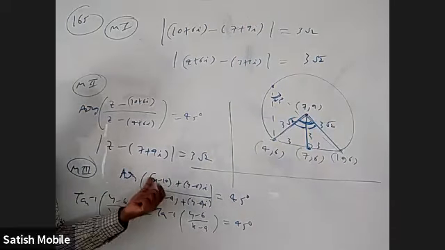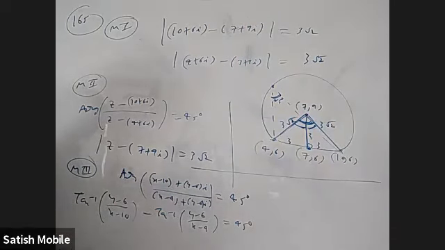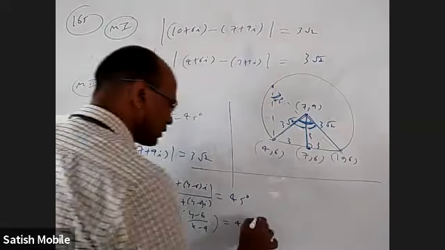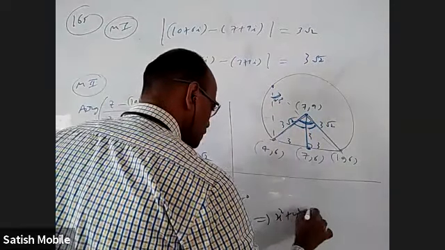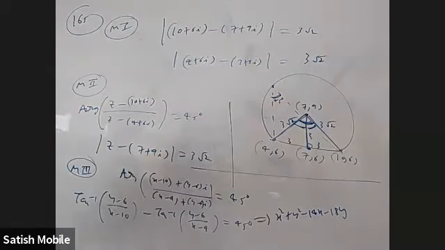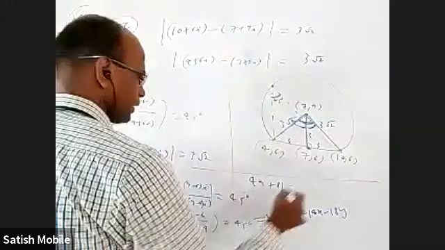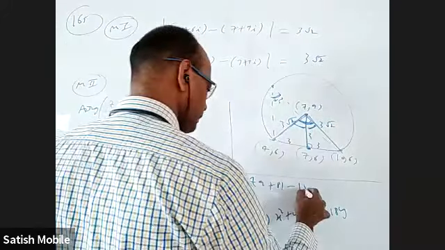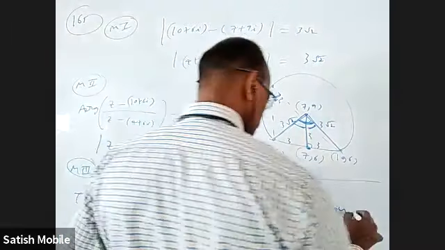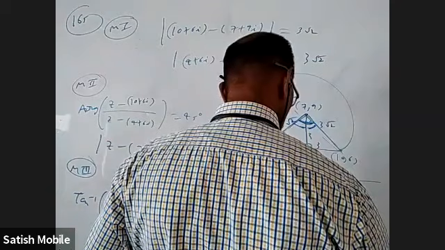Tan inverse of x plus iy, what is the argument? Tan inverse y by x, right? Tan inverse a minus tan inverse b, use the formula. Then tan 45 is 1, and simplify it. Directly we'll get the circle equation as x square plus y square minus 14x minus 18y. Then what will the constant be? 49 plus 81 minus 9 into 18. This is 130 minus 162, sorry, plus 112, equal to 0.